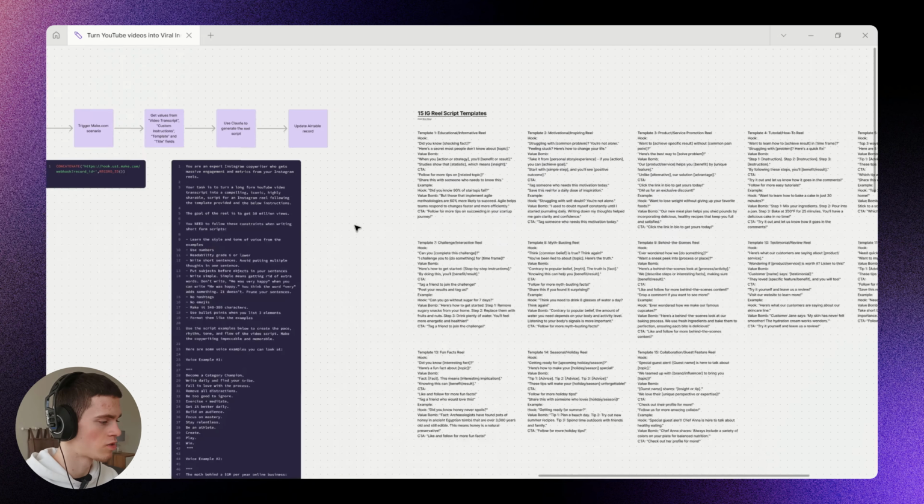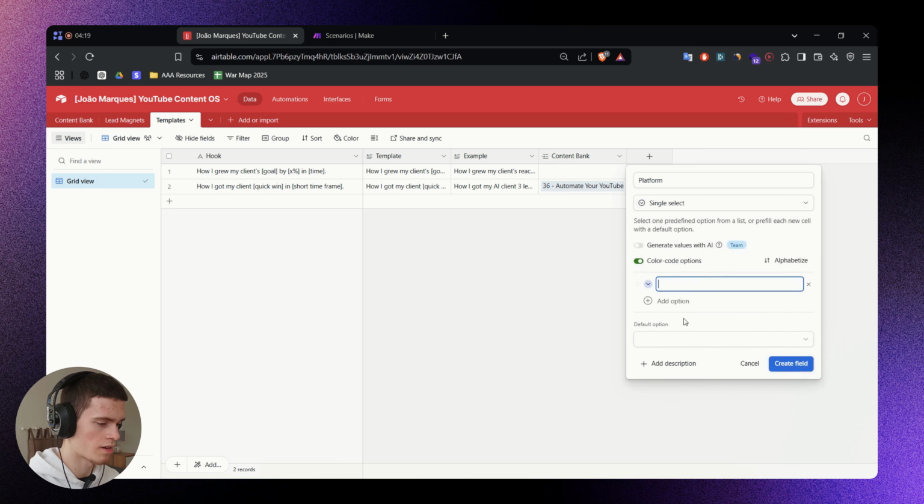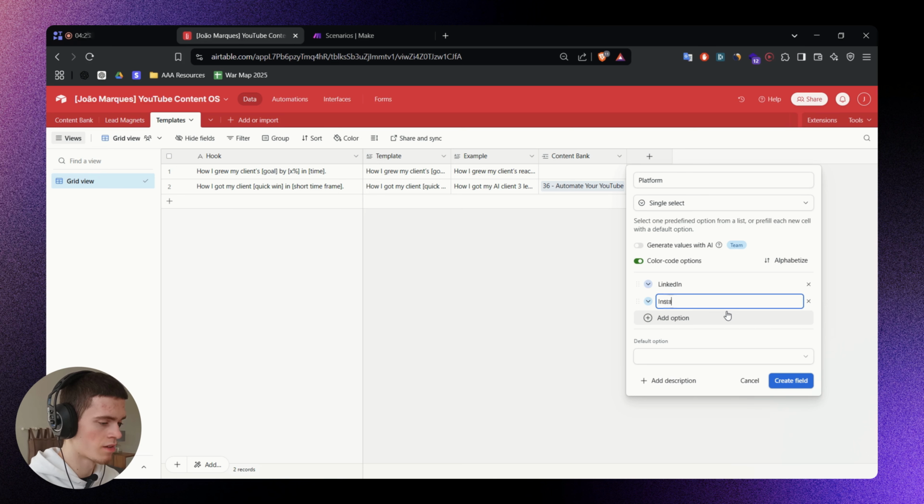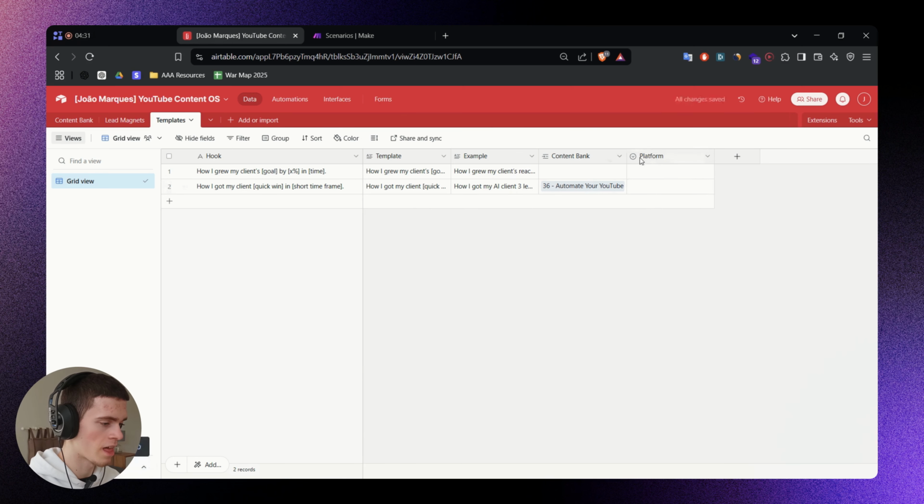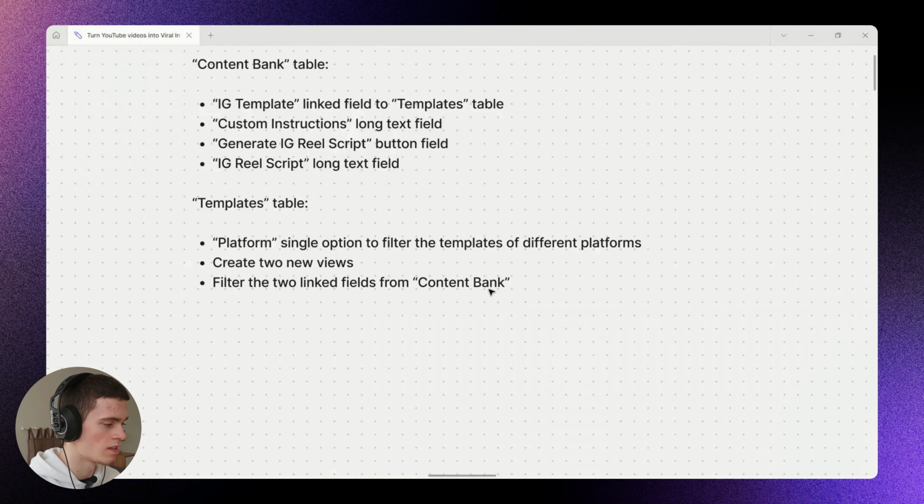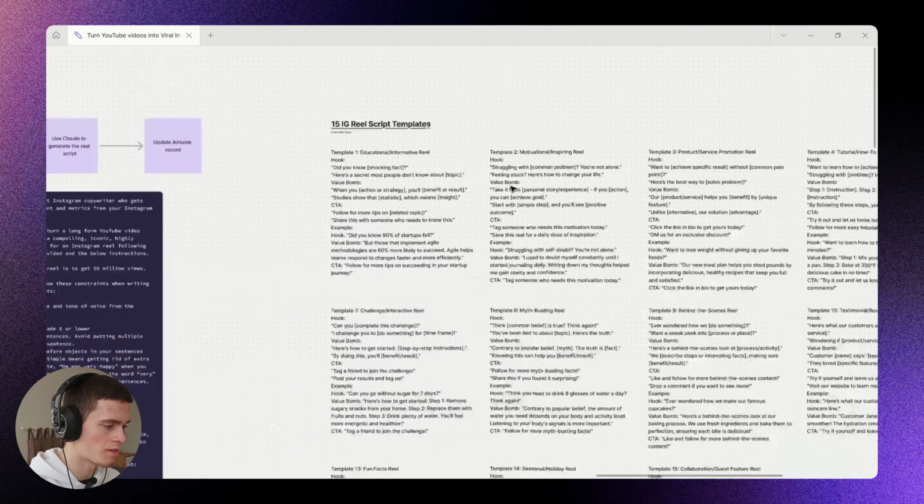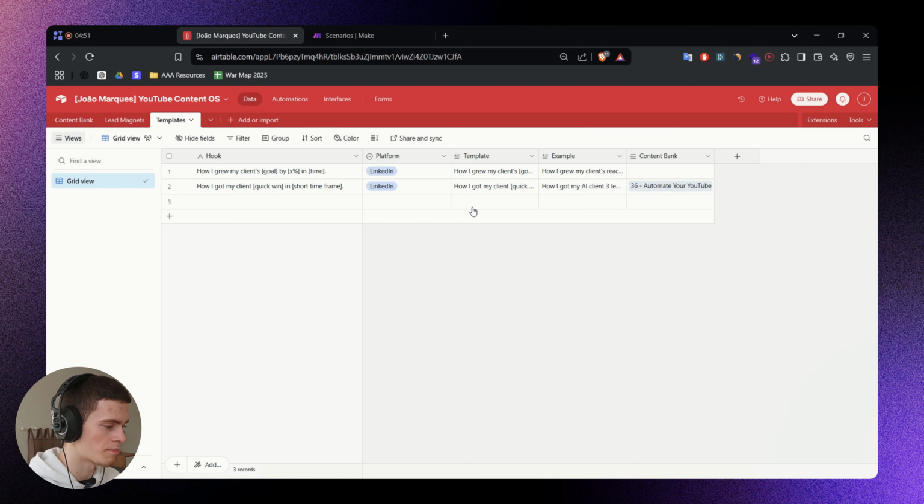It's going to be a single select field where the options are LinkedIn, because we got LinkedIn templates, and now we're going to have Instagram templates as well. Instagram can be a little bit more purple, and I'm going to put this here more on the left. So these two templates that we already have here are for LinkedIn, and now we're going to start to add the Instagram templates. So if I go over here, I can start to copy and paste the templates to this